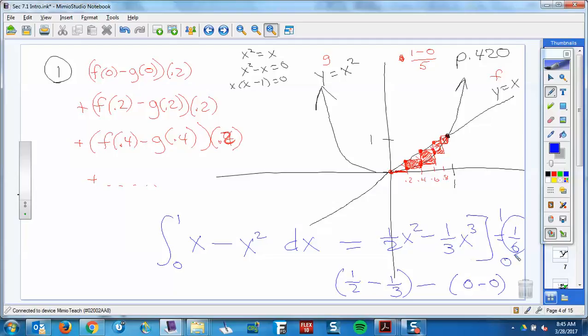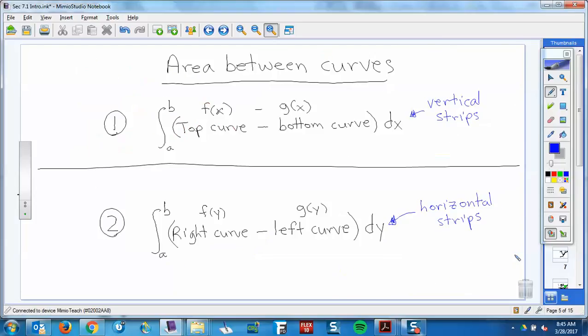If we want the area between these two curves, we just do the top curve minus the bottom curve, the top y value minus the bottom y value, because that would be the height of your rectangle. And then the dx, right, is what? The width, right? So it's like height times width, just like what you have up here. Top curve minus bottom curve. So we just do top curve minus bottom. Okay? All right, now, so,